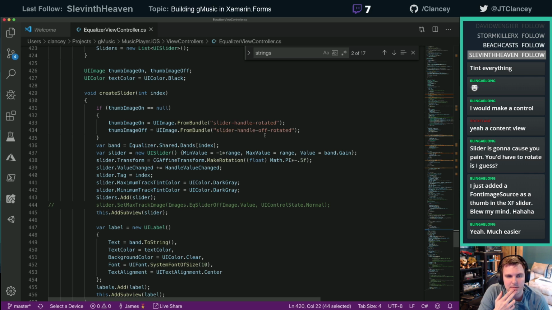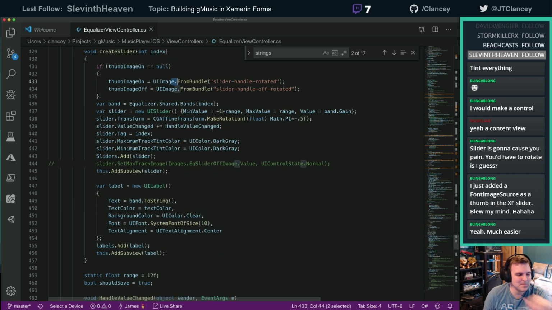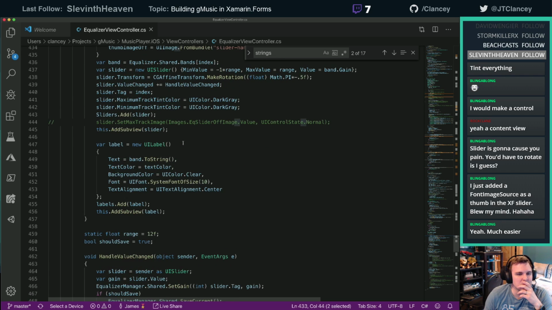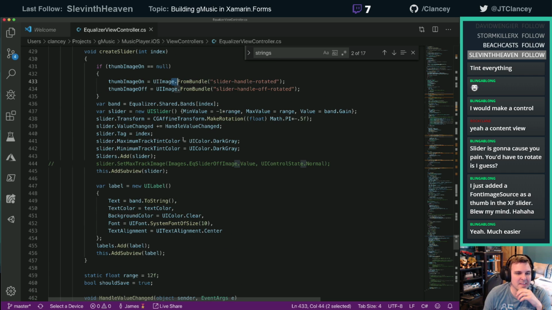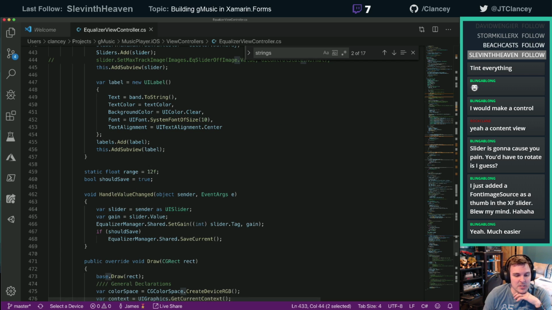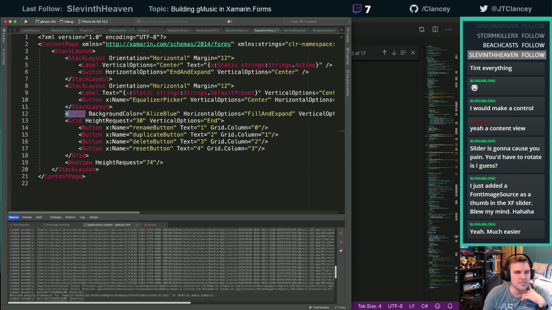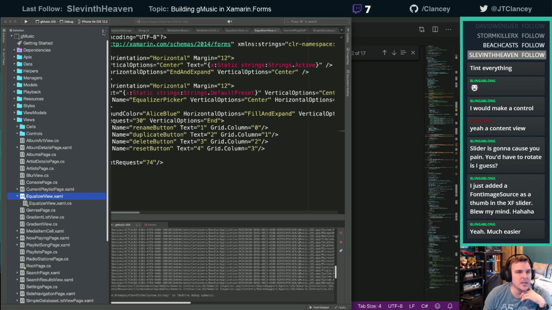All right, let's do it. Yeah, but I have just the image. And then laying this out will be nice and easy. So if we do this in its own control, let's just do that. All right, so we will create a new control.